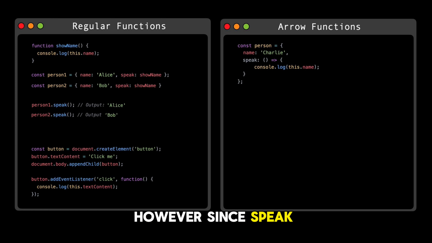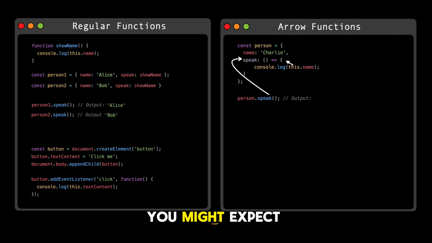The speak method is designed to log the name property to the console. However, since speak is an arrow function, it handles this differently. Let's see what happens when we invoke person.speak. When we call person.speak, you might expect to see Charlie logged to the console. Instead, we get undefined. That's because arrow functions don't bind their own this. They inherit this from the surrounding execution context. In a browser, if we're not in strict mode, this would refer to the global window object, which doesn't have